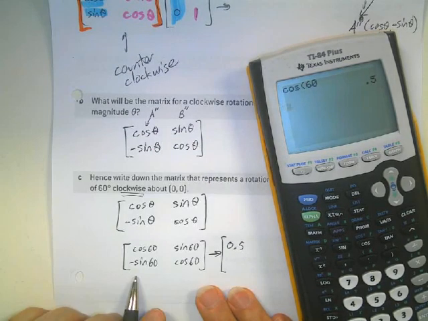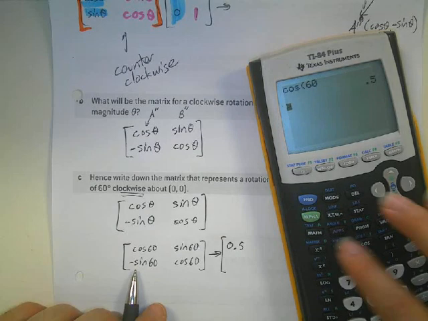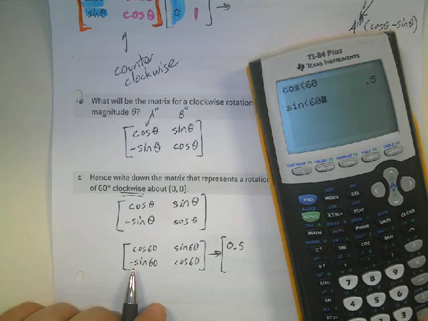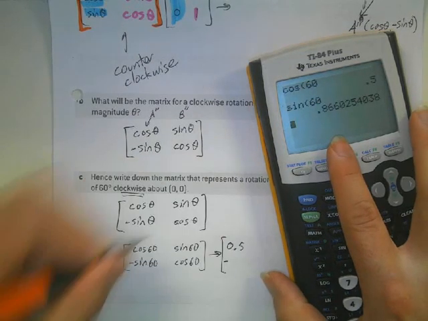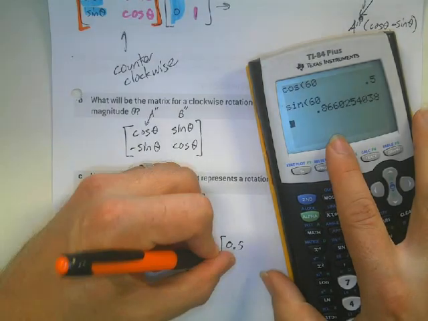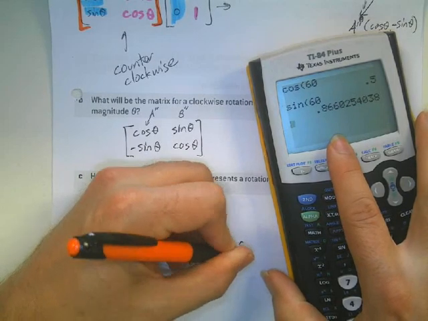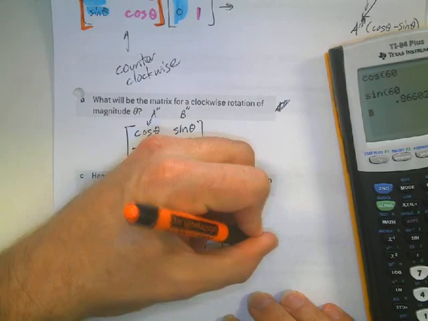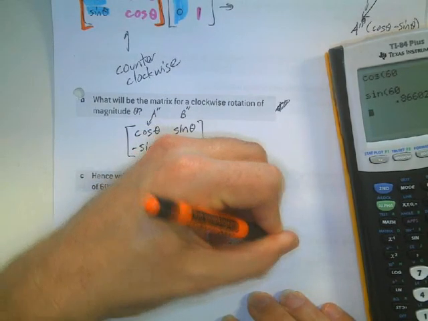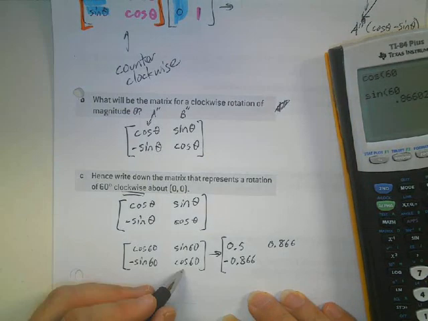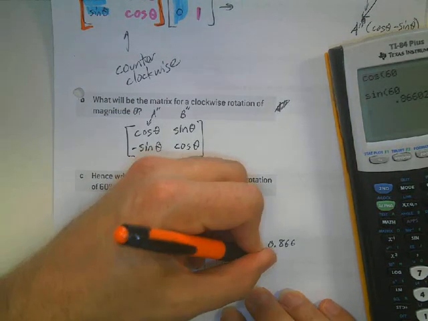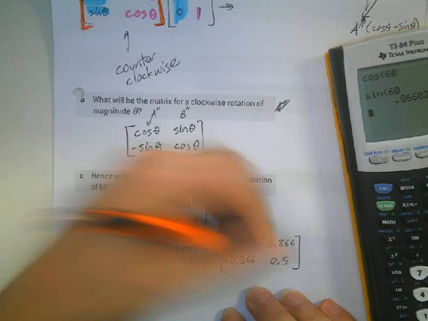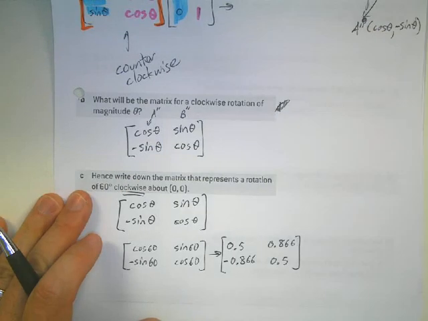Sine 60 gives me, and this is negative, right? So negative 0.866. Sine 60 is 0.866. And then cosine 60, we already know, is 0.5. Okay. Now, if I wanted to use my unit circle,